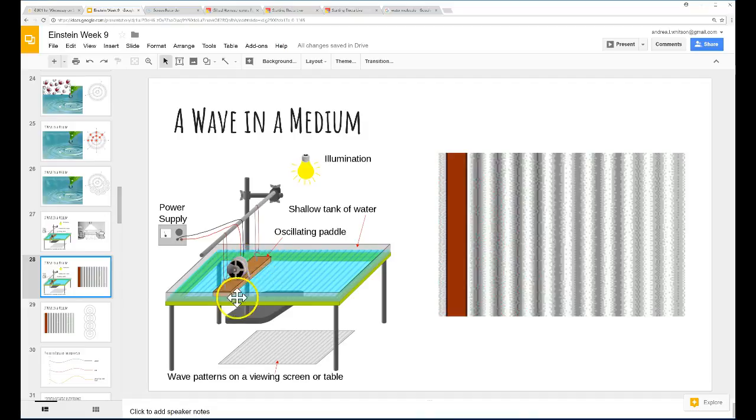They disturb a whole bunch when they oscillate this paddle so it goes up and down, shaking the water. And what they're doing with this paddle, here's the red paddle, is they're disturbing a whole bunch of water molecules in a row at the same time. They're pushing them up and down. They're all experiencing the same force, and then they're all